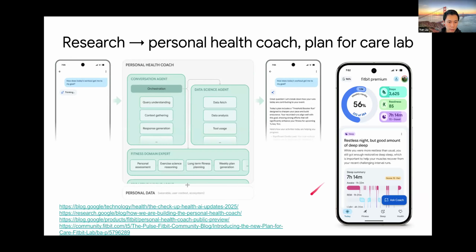Another thing that we did very briefly, and this is the very last link on this slide, is a lab called Plan for Care lab. What this lab does is that it helps people prepare for a doctor's visit by getting them to go through collecting all of their symptoms, summarizing it potentially for the visit, but more importantly, helping them prepare for the visit by figuring out what questions they should have for their physician. And what we hope this will help do is to help people have much more productive visits when they're visiting their provider, and just to really help them arrive much more prepared and, if needed, to advocate for themselves better.